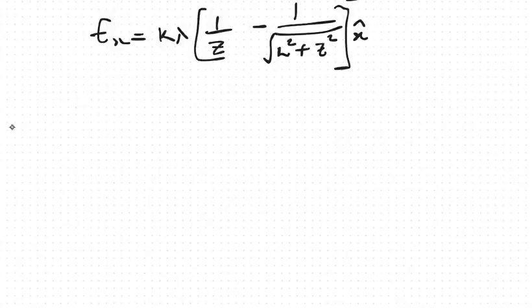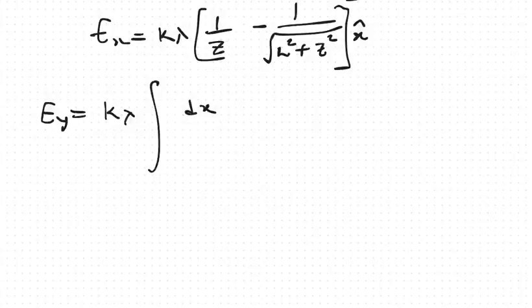So the electric field in y direction will be equal to k lambda, the integral of dx divided by x squared plus z squared to the power 3 divided by 2,